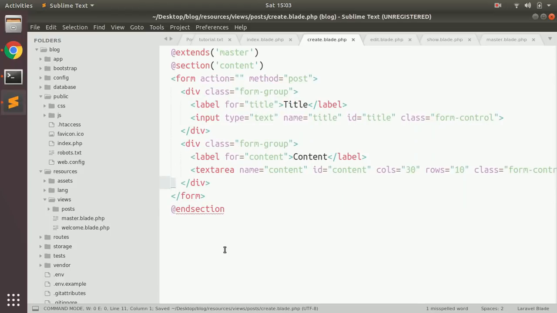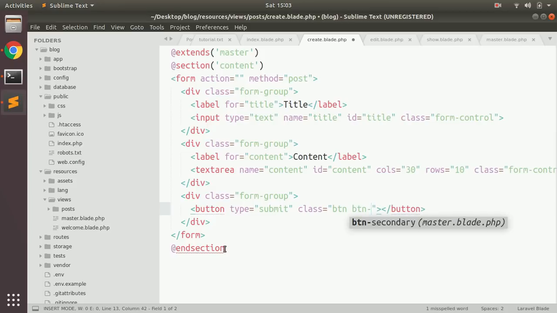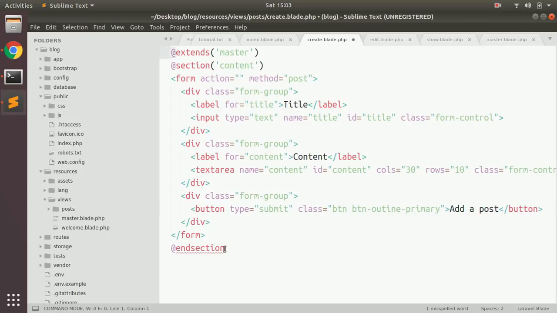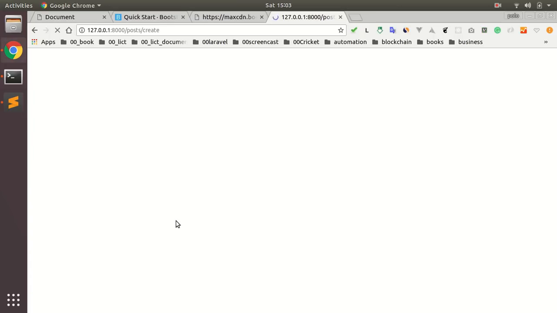So this form group is for content and another is for the button. The button type certainly will be submit. Class will be btn btn-outline-primary. The label will be add post. Before the form I make a div with margin top and bottom, say 3. So if I reload this page,